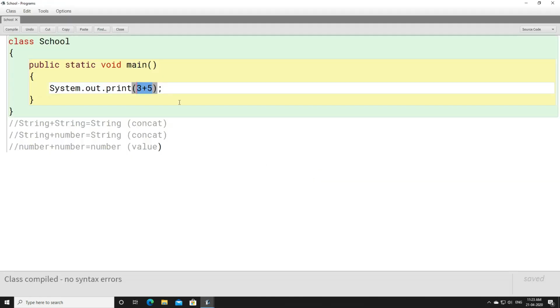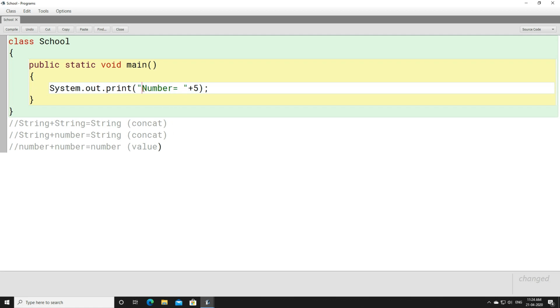Now, if you write "number equals " plus 5, whatever you keep under double quotes, as I told you earlier, will be considered as a string. Here you can see "number equals " is kept under double quotes, so this one is considered a string.